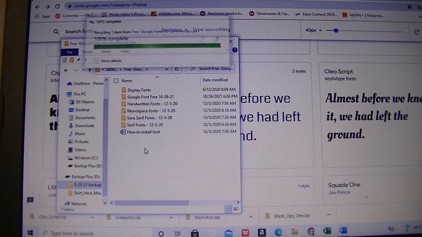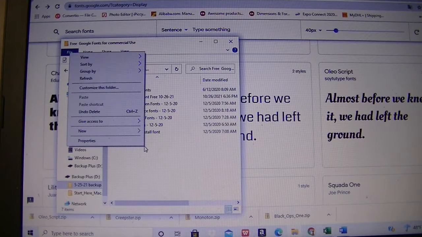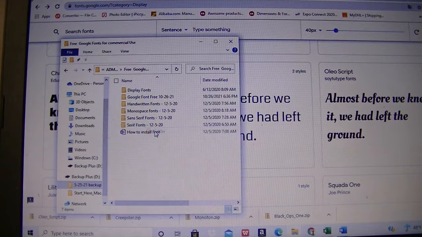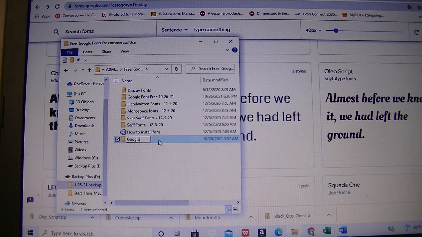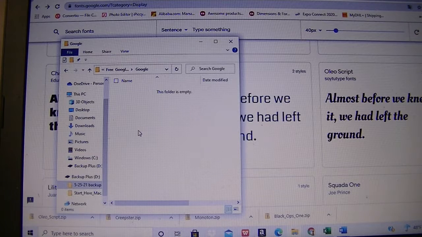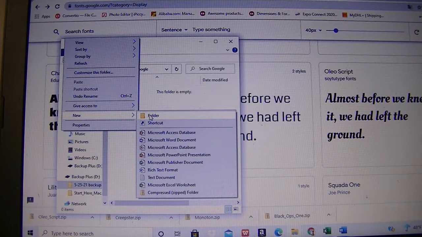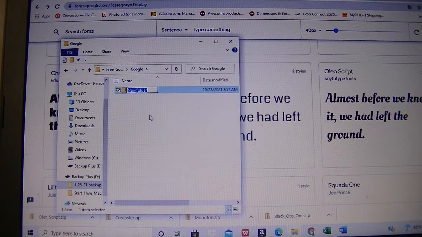And in fact, I shouldn't have deleted, so let's go through that process again. So let's say you find a font from Google, so you can put Google fonts, and you click inside of it, and you create another folder, and we can name this one display. And inside this folder,